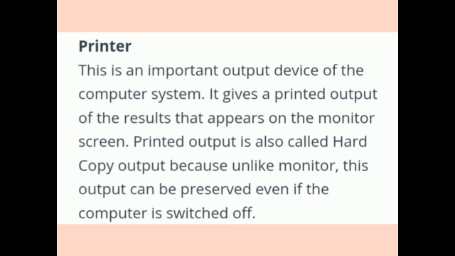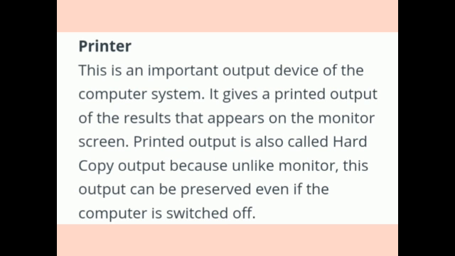If we want any information, document or assignment to be printed, we use this printer. The printed copy we take out with the printer is known as hard copy. If the copy is saved in the computer, it is known as soft copy. But if we take it out using the printer, it is called hard copy.